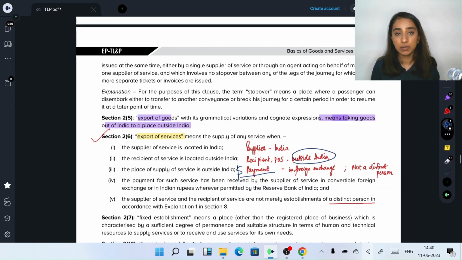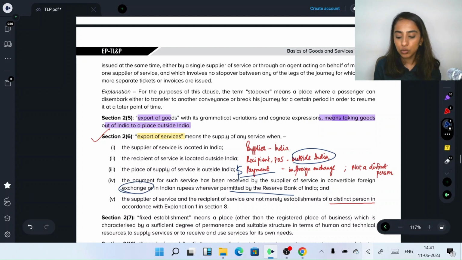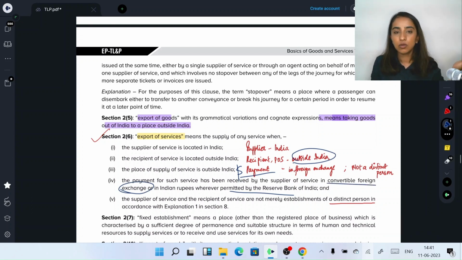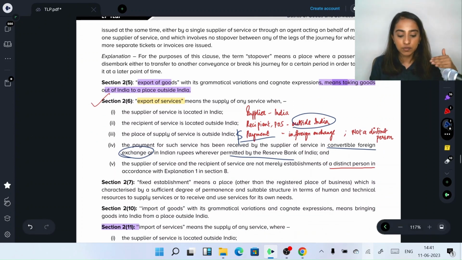So I'm receiving the payment in convertible foreign exchange, or wherever permitted by RBI, you can collect in Indian rupees also if it is permitted by RBI. But generally, you should receive whatever you export in convertible foreign exchange, that is in the home currency of that particular country. Now, the supplier of service and the recipient of service are not merely establishments of a distinct